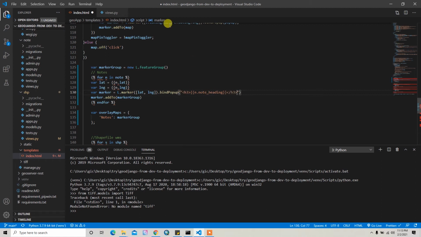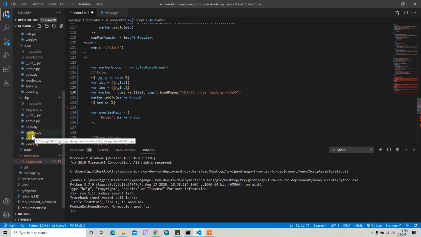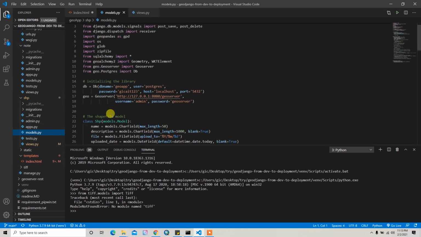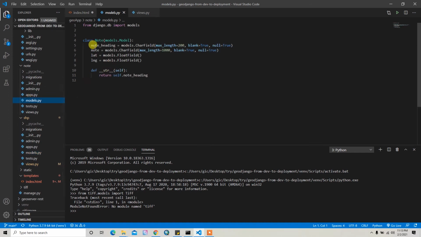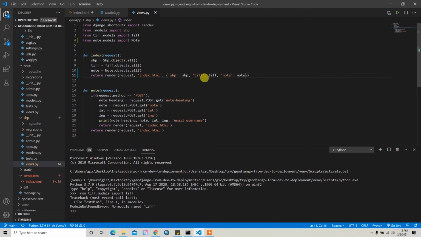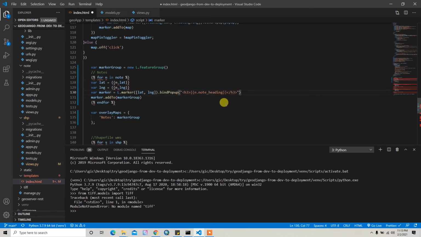That means our node heading is coming from the node model. So here we have node heading and node. So we can just go here, and then a p tag, and then we can write n dot node to render the node.